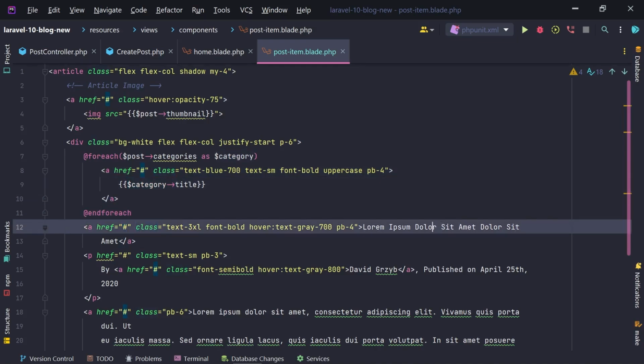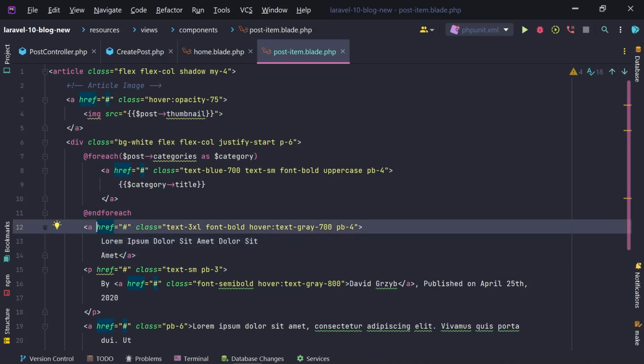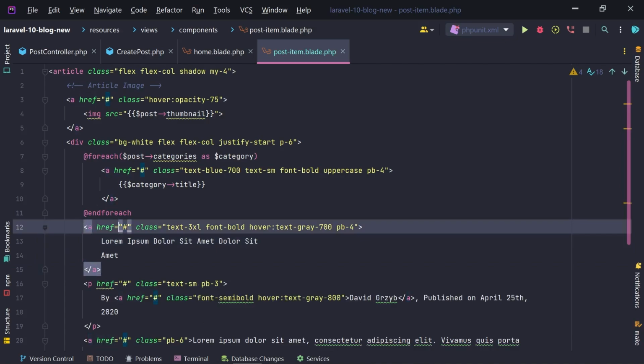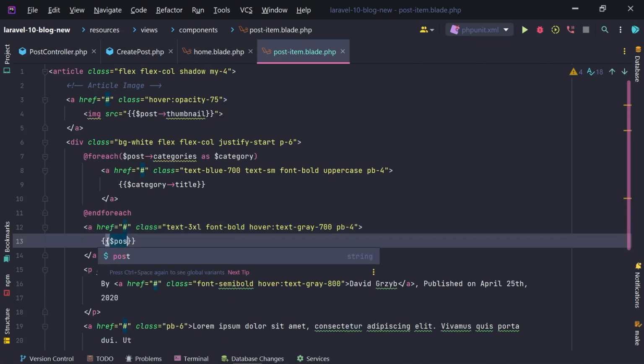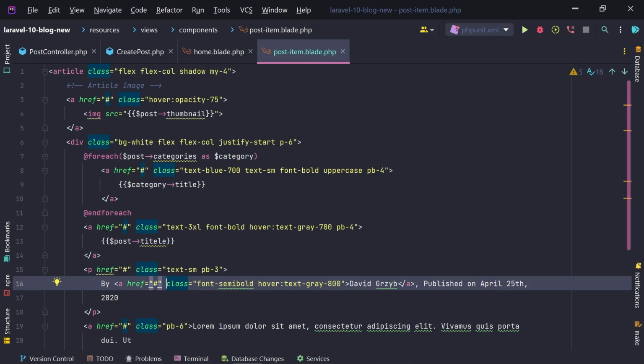So this one will be title for the post. Because this is a post item, so this should be an A, and this should be linked to the inner page of the post. We don't also have that route, we're going to create that. So let's output right here post title at the moment, and down below we have the user,